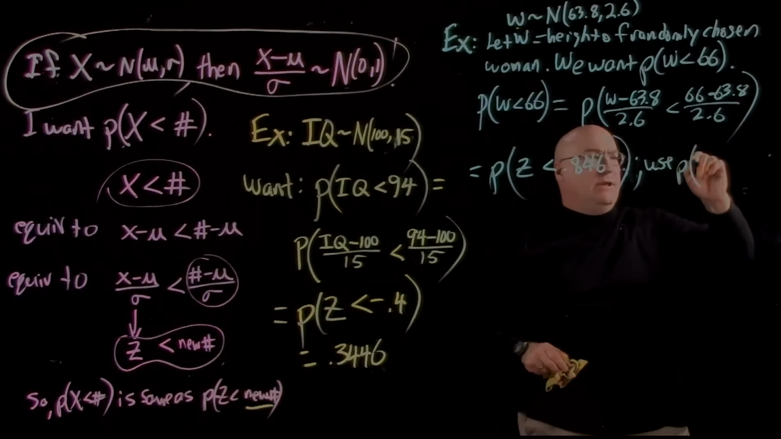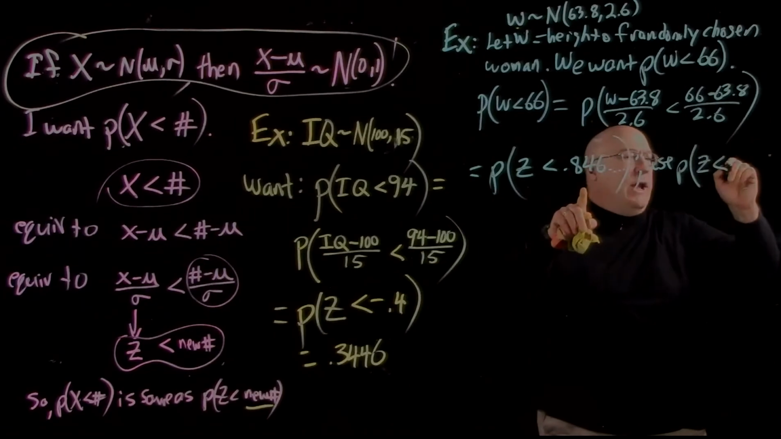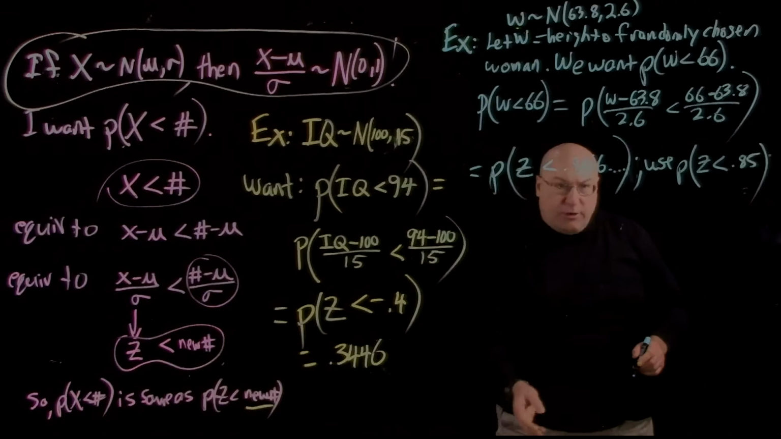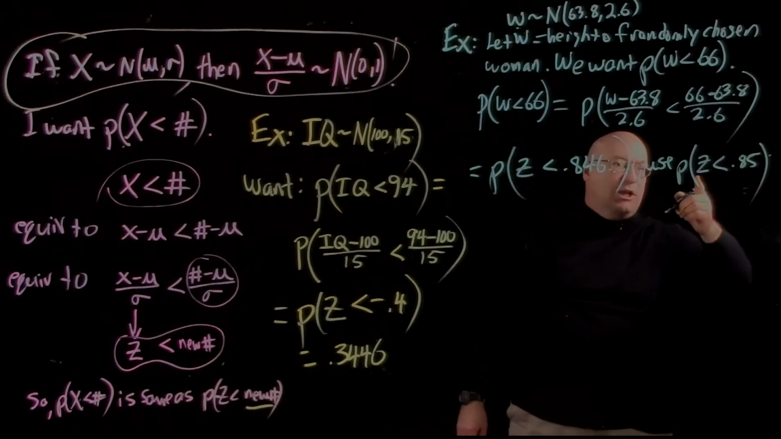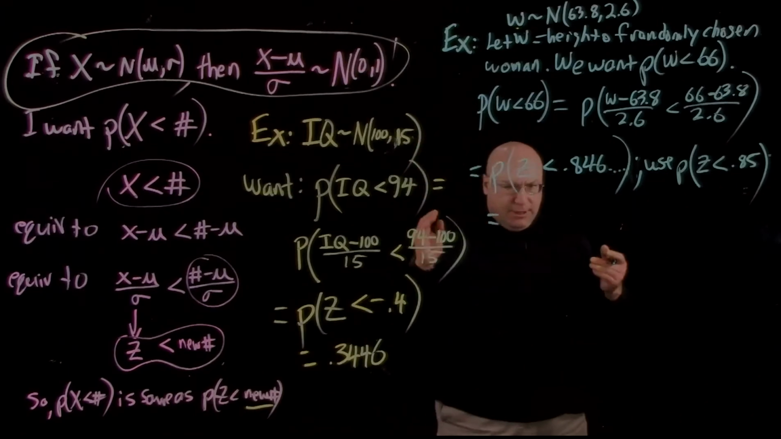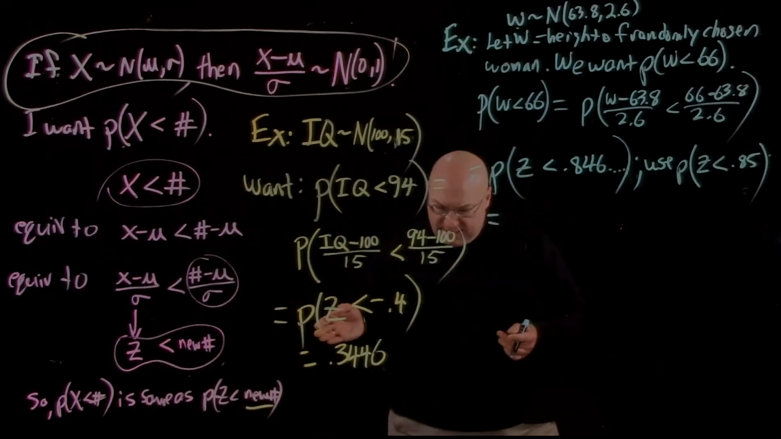Let's use the probability that z is less than. If we round there, we have to round there. We have no choice because our table won't go out that far for z-scores. So I'm looking for the probability that z is less than 0.85, and you can look that up. You hopefully have looked it up, and you get